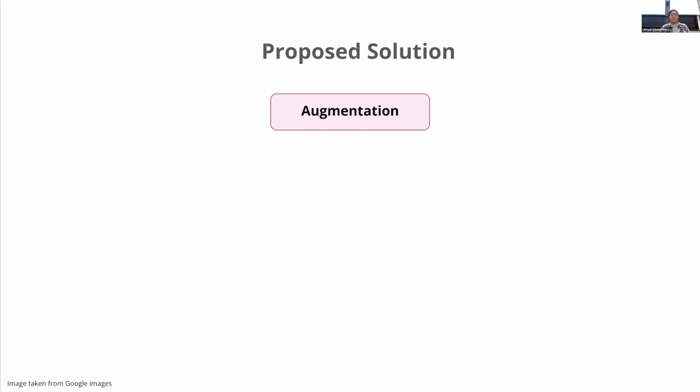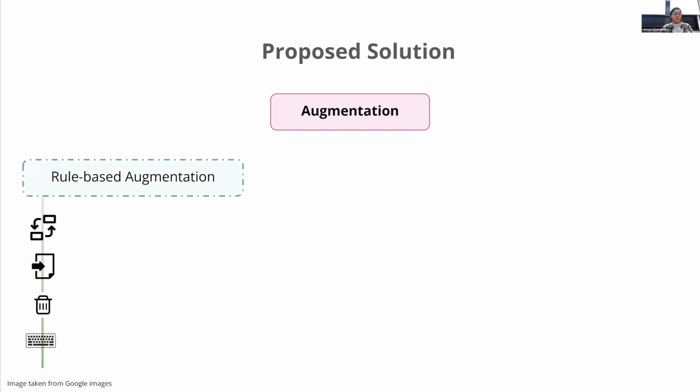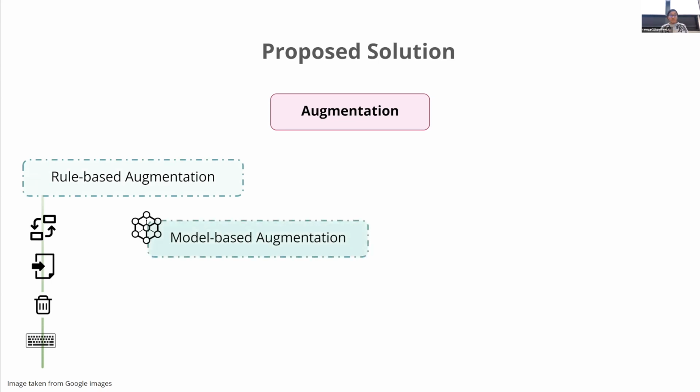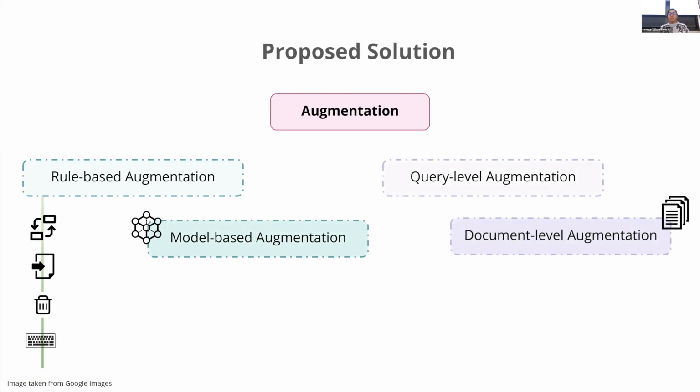So we are going to apply data augmentation to handle scenarios where there is limited data. The first group of methods that we use is rule-based augmentation, with methods such as random word insertion, random character deletion, and so on. The other technique that we're using is model-based augmentation. This is applied at a query level as well as at a document level. And the methods that we are dealing with here are SCENT augment and InPars, which we'll be discussing in detail in